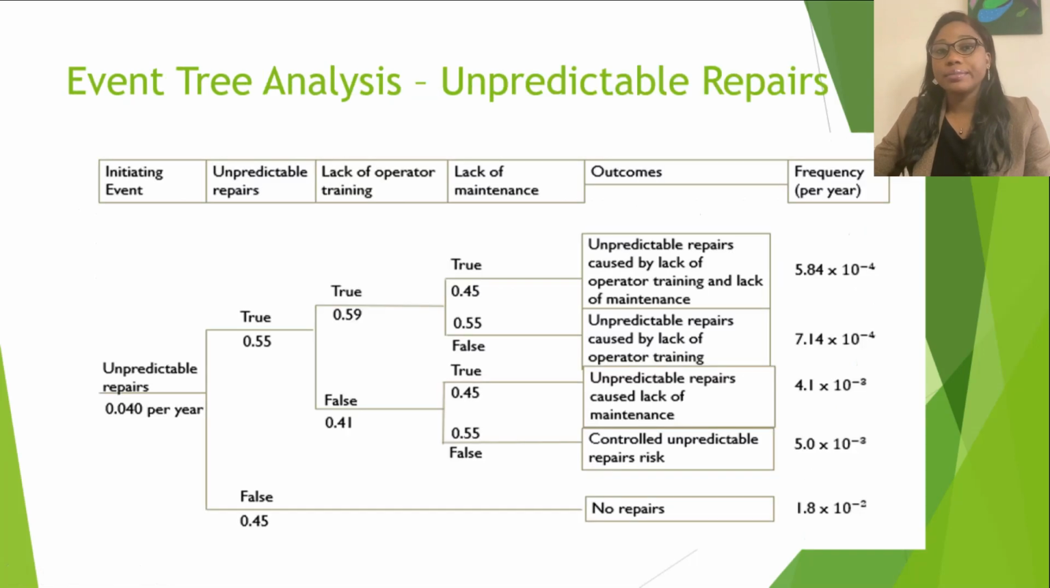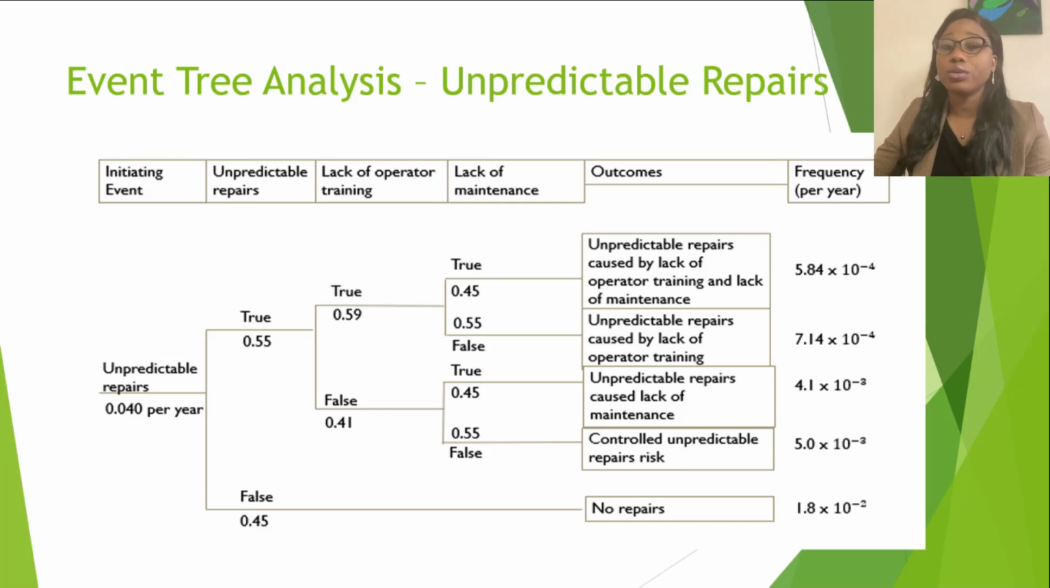From the data gathered, unpredictable repairs was assumed at 4% and at a frequency of 0.04 per year. The assumed likelihood of this risk occurring is a 55% chance and 45% chance of not happening. According to Torabi 2016, the prediction for lack of training was at 0.59 true and 0.41 false in a realistic scenario. So I presented the outcomes of this, and the probability of occurrence showed higher chances of the risk occurring if